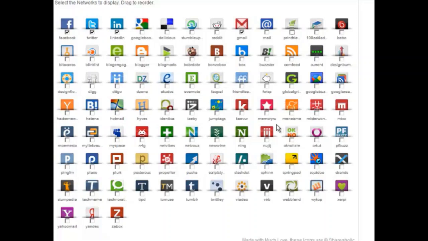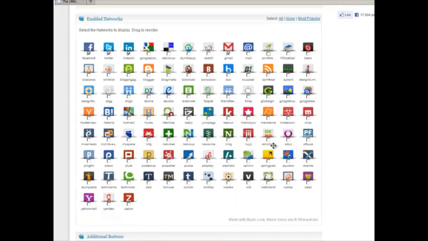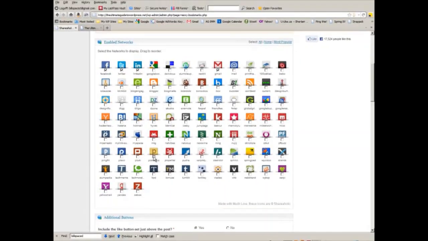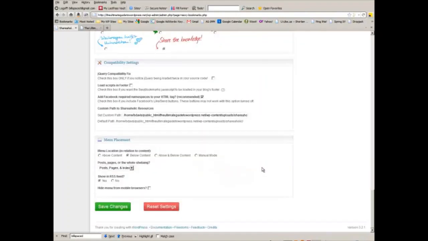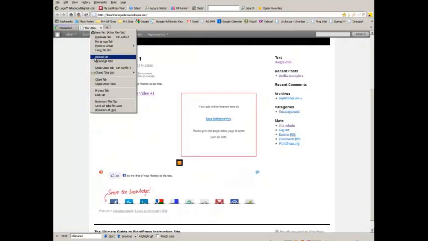I don't necessarily have a set list of properties that you should use, but choose the ones you like and the ones that you've had some success with, or the ones that you have some personal experience with. That would be my recommendation. Then go back and save changes. Take a look at what it looks like,